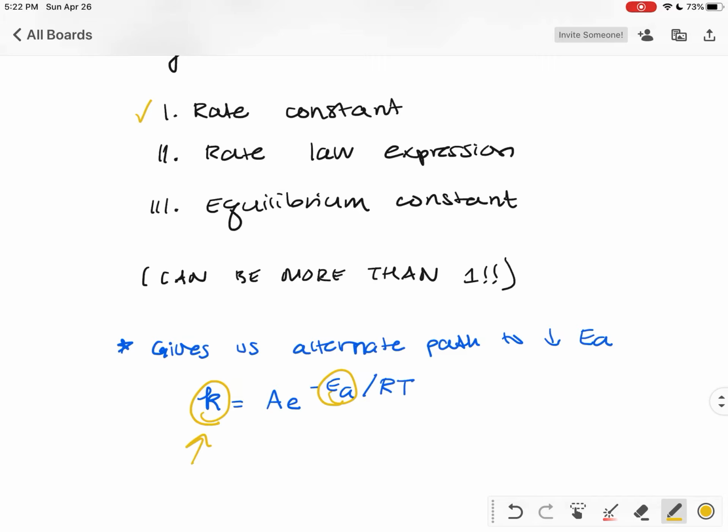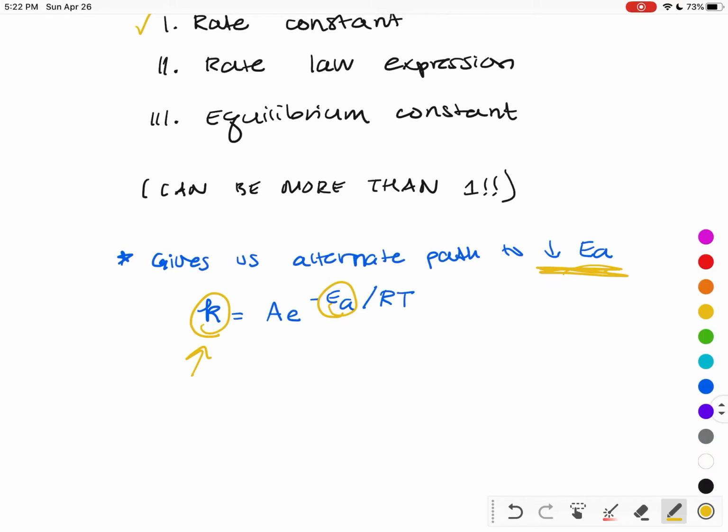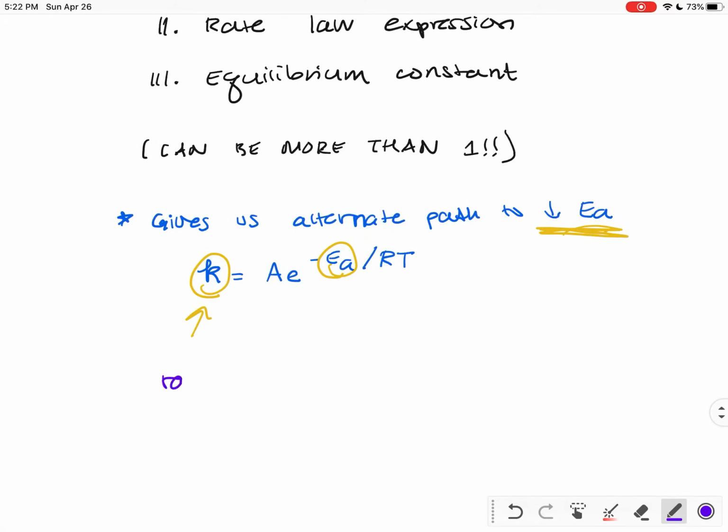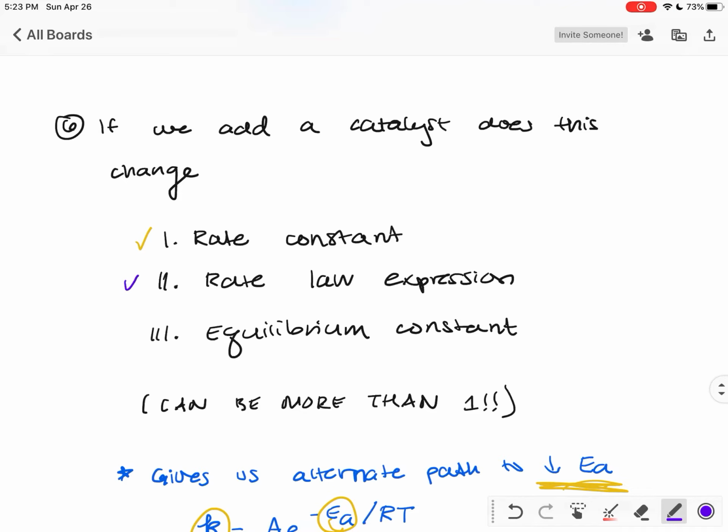So we know that the rate constant is definitely going to be impacted by the addition of a catalyst because the catalyst is going to change the activation energy. And then secondly, what about the rate law expression? For rate equals k times [A][B], it's really just k times our reactants, right? But yeah, this is the same k. So I think that's going to be true as well, because if we're